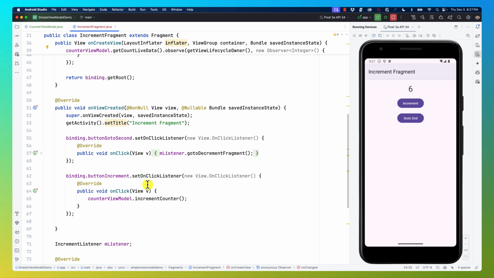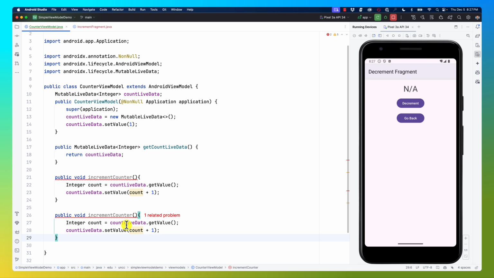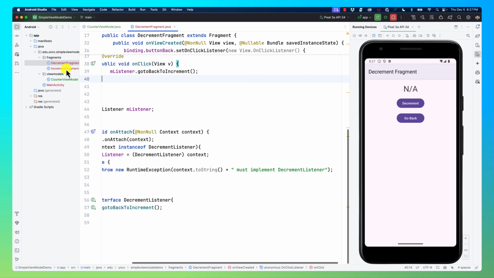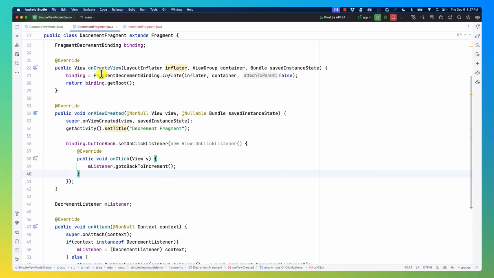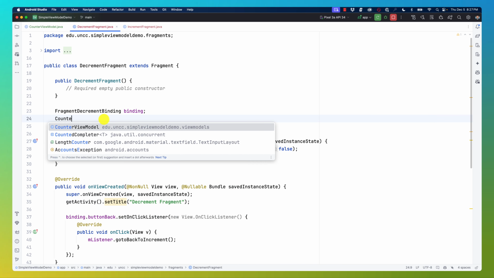So what if we do the following? Let's go to the second step here, the second phase, and do the decrement. So in the view model here, let's copy this. All right, and we'll have decrement, and we do something like this, right? So basically that's the decrement value, and we want to go to the decrement fragment, okay, and we'll do the same thing. Go up here, same thing. We'll get the same view model, okay, counter view model,